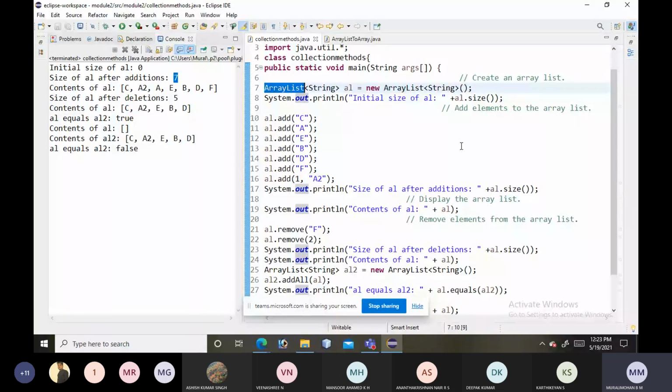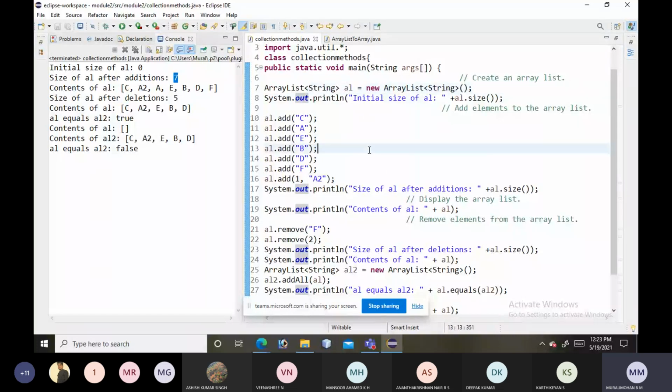Now the next question: create a collection and explain how to add and remove strings in an array list, or what is an array list, and explain how to add and remove strings into the array list. Are you getting the questions? So this is how the questions can be framed, right?